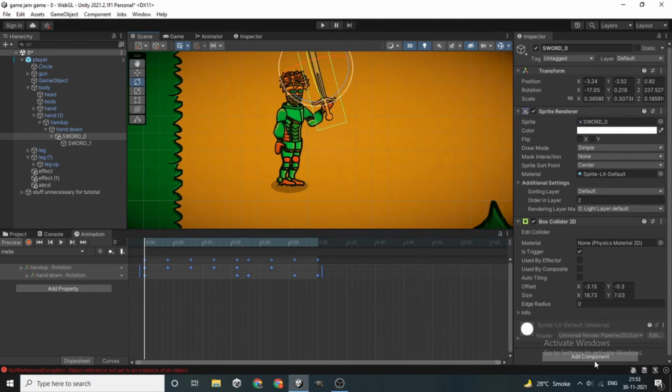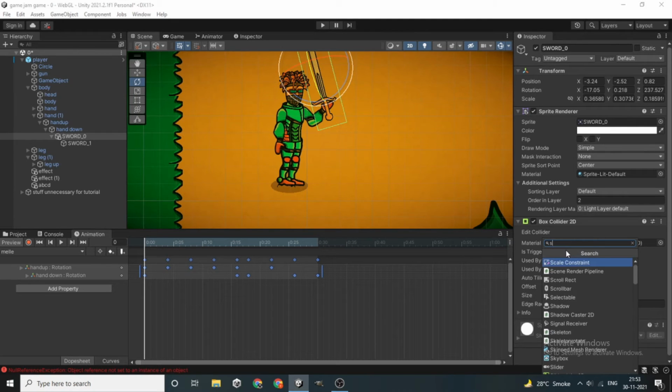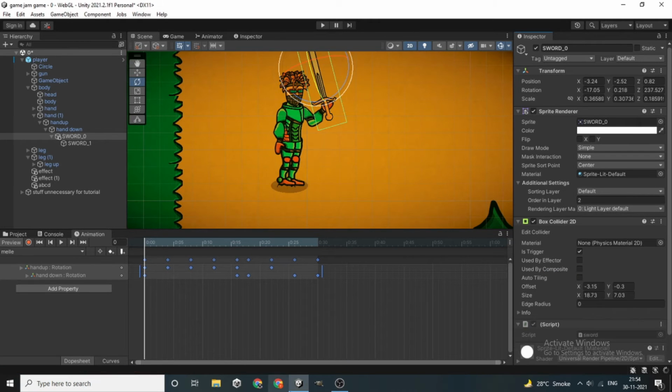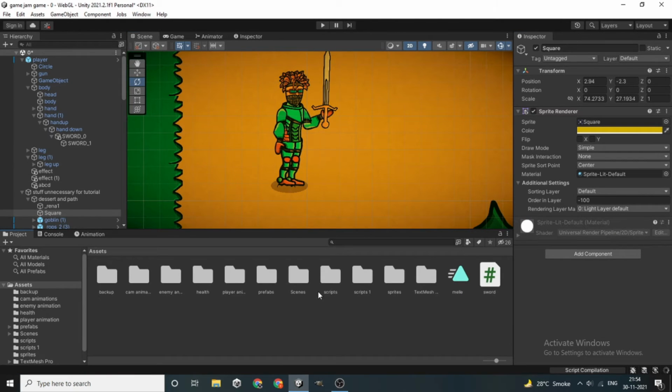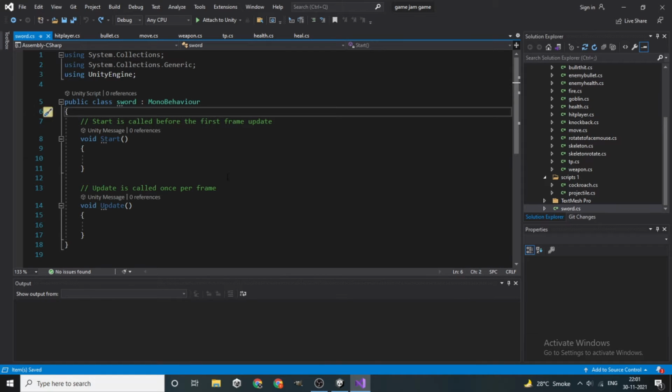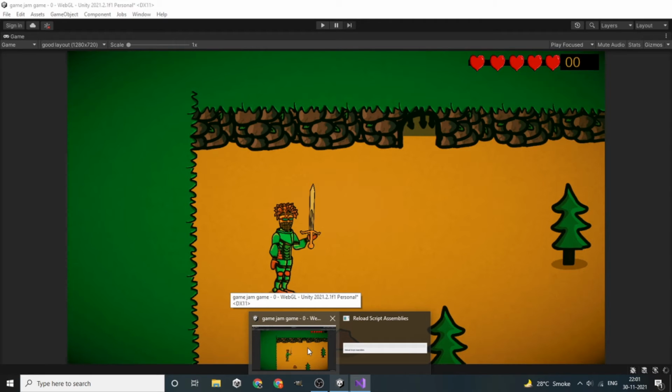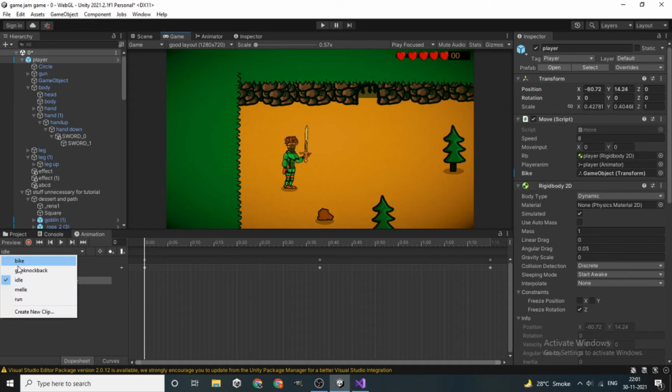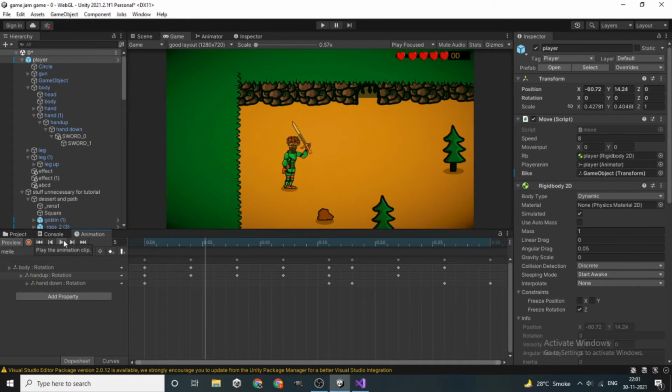Let's make a script on this, and I'll call it Sword. That seems like a pretty good name. Let's open it up also. It is compiling, so let's wait for the compilation. As you can see, my coding editor has just opened, and while waiting for it to open, I improved the animation a little. As you can see now, even the body moves, which sells that feeling of realism.